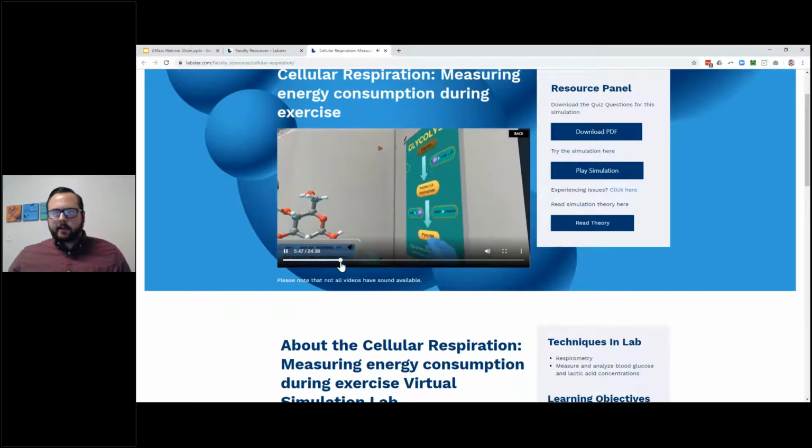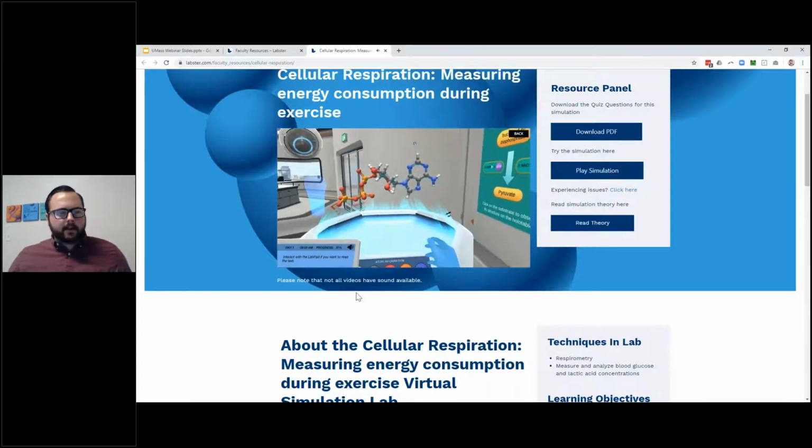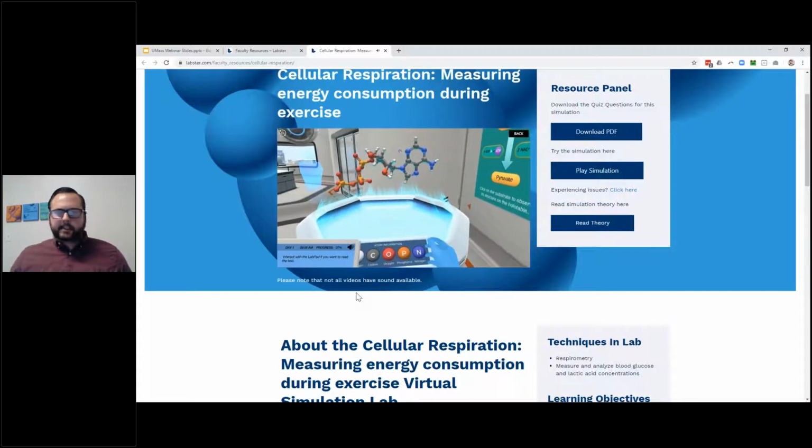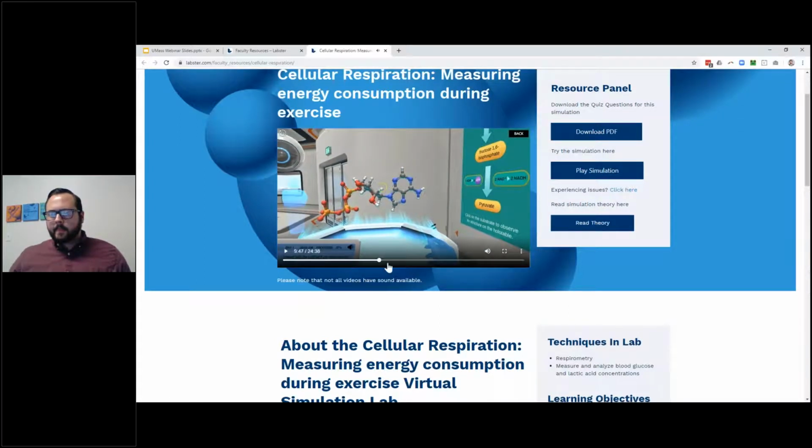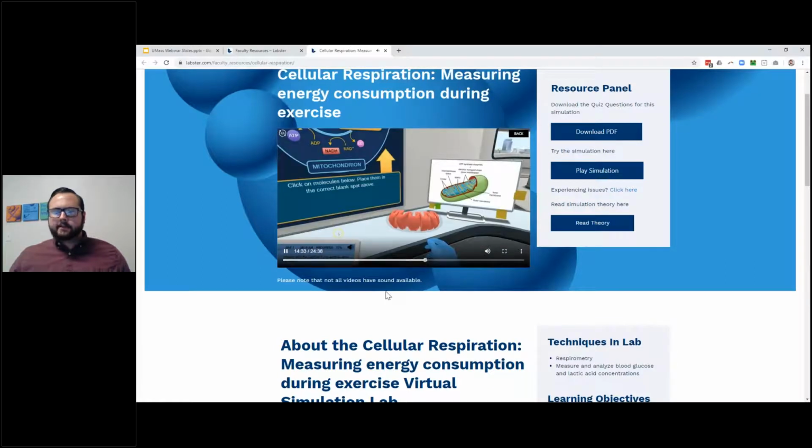I'll skip ahead a little bit here. As you can see, there's a lot of different parts of the lab that are incorporated right here, using the holo table to look at some visualizations and learn what's actually going on. And jumping forward a little bit more, as I said, we have these interactive cellular and molecular visualizations.